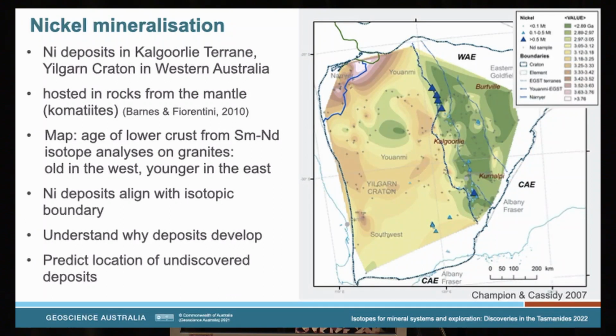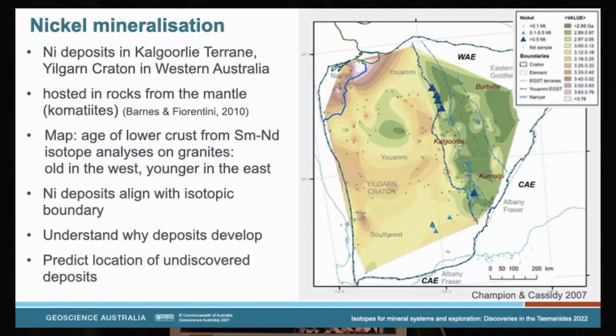It's not actually associated necessarily with one particular model age, it's actually along this line of difference or gradient in the isotopes. So the concept with this is that